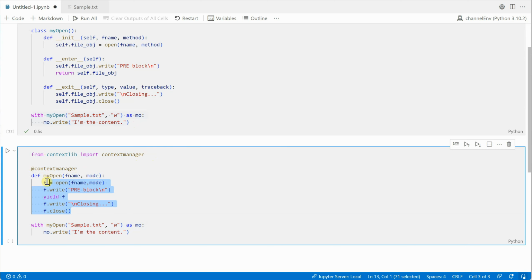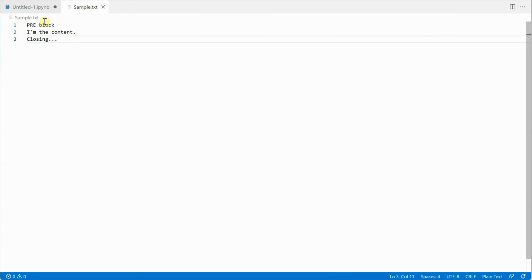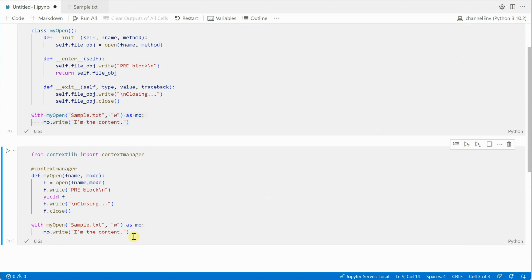But the thing here is, instead of explicitly defining enter and exit, we are just using a keyword like yield. Whatever is written above yield will be part of the enter block, and as soon as the enter block is executed, the pointer will go to yield and come out of this open, and then go ahead and execute this particular line. Once the with block is executed, it will again go and start executing the lines which were written after the yield. In this way we can achieve the same output as we have seen earlier: pre-block, I'm the content, and the closing, although we have written very few lines of code. So this is how we can create our